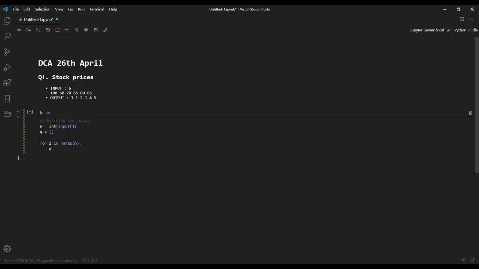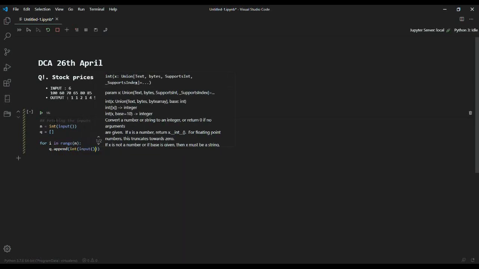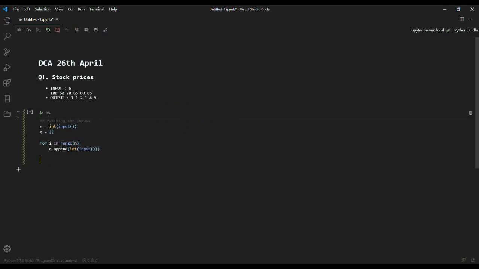So here we are. Now we'll first fetch the inputs. Since the first line of the input was the number of items in the array, we have got that, and now we'll go into fetching the items in a list. I have named that list q. I'm using Python Jupyter Notebook so that it will be easier to practice, and it is really easy to run code and to refer to the differences as well. So I would suggest, if you're practicing, Jupyter Notebook is amazing. Here we have obtained the inputs, and I have printed them. Now let's go on to the main logic.